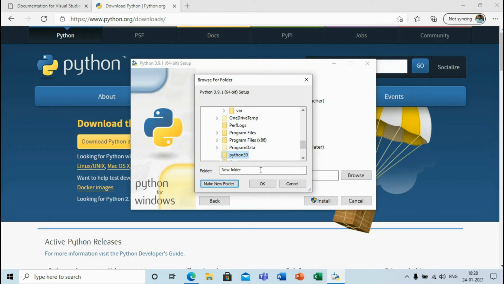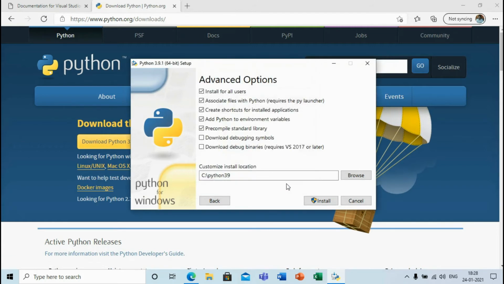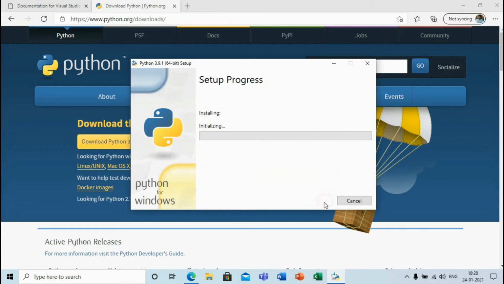You have to select this folder and OK, and see that the folder name is C Python 39 and click on install, and it will prompt you for permission. You have to click on yes and it will install.